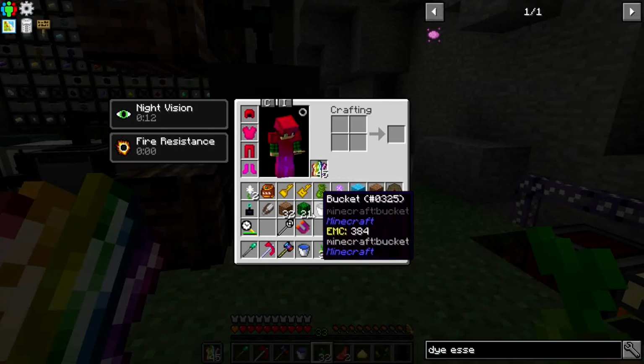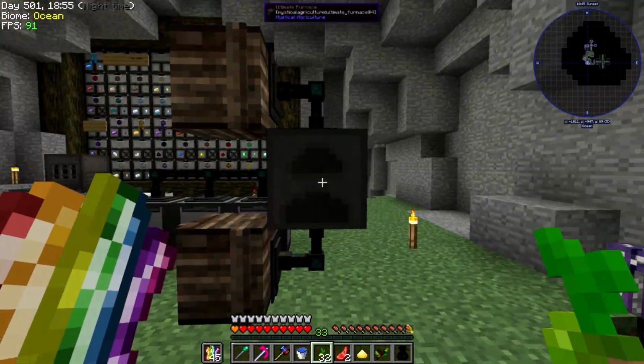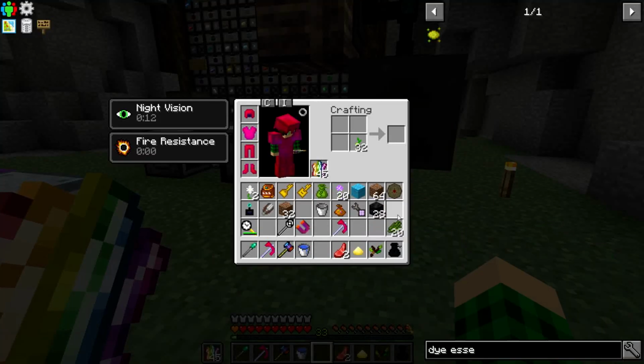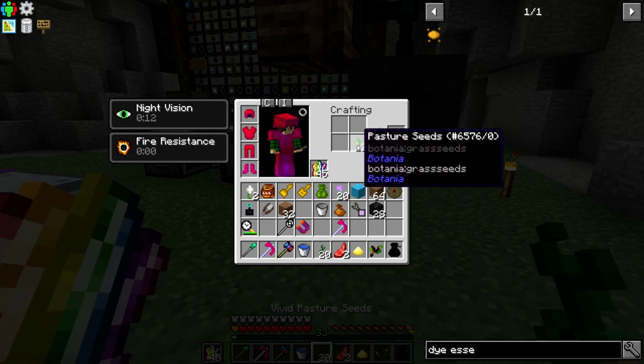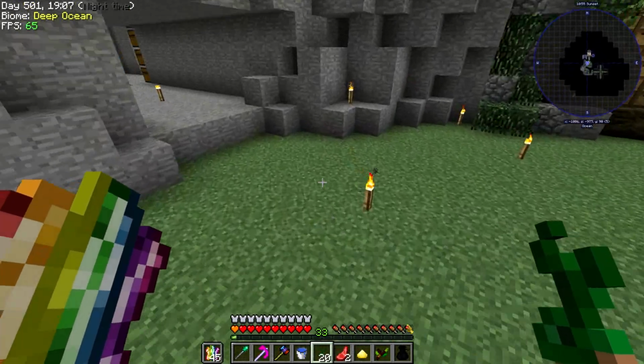Okay, I have 21 cactus. I'm gonna save one so I can toss it in the cloche, but 20 cactus. Thank you very much. It doesn't make cactus green. Why would they not make it make cactus green? That's dumb. I mean, it makes all the dyes, but...